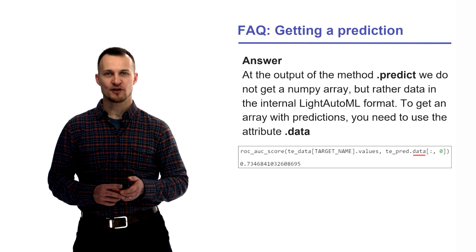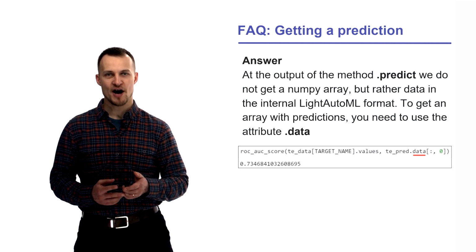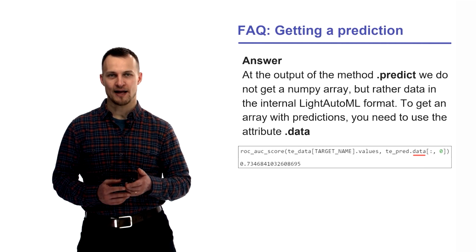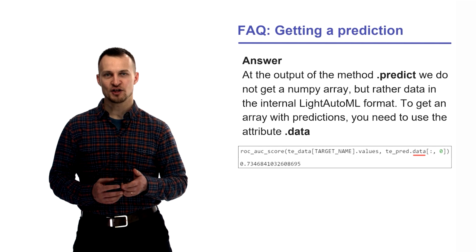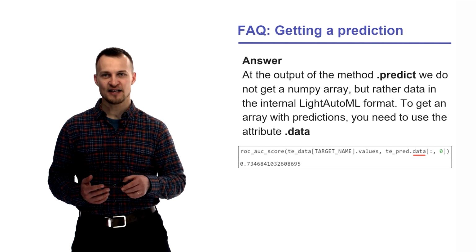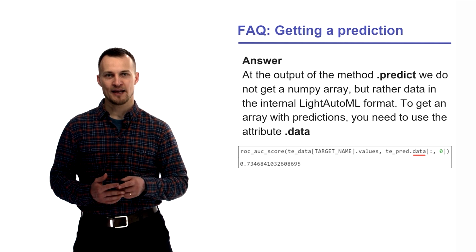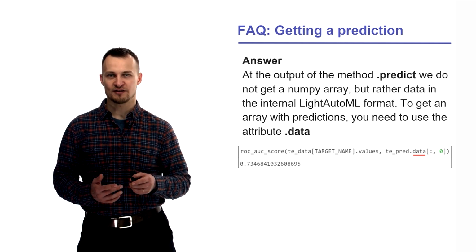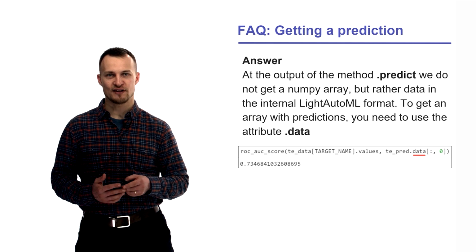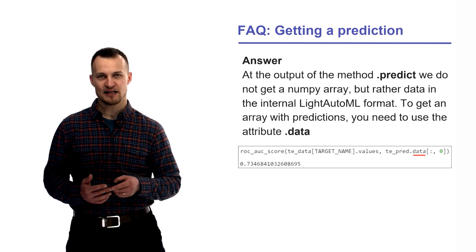This happens because the output of the predict method is not a NumPy array, but an internal dataset of AutoML. Besides the prediction itself, this dataset contains metadata that is used inside AutoML. To get an array of predictions from the dataset object, you can use the data attribute